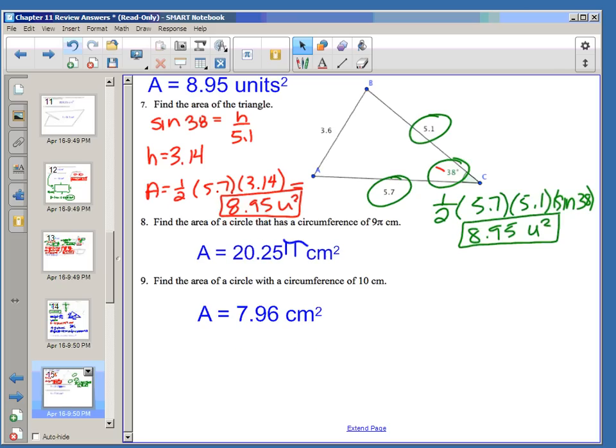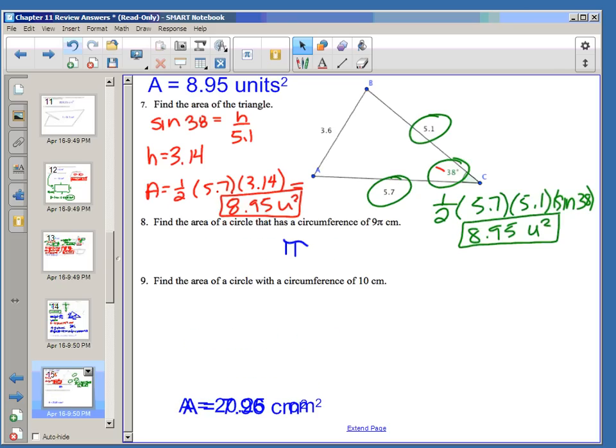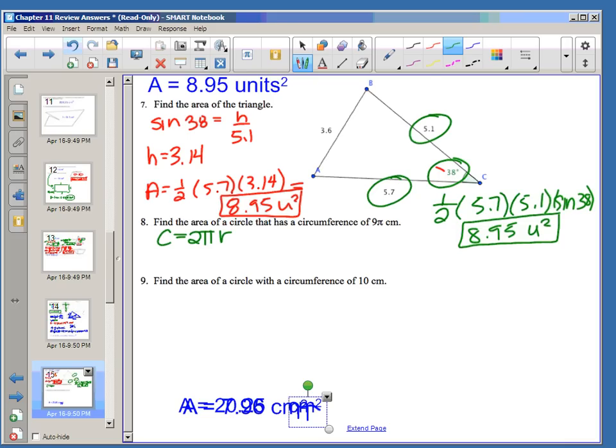All right, so now we're getting to some circles. I'm going to move these answers down because we can look those up. So number 8 and 9 were the ones I had a couple questions on in class. And again, I always go back to the formula. So it says we have a circumference of 9 pi. So I'm going to start with, circumference is 2 pi r. In this case, I know my circumference is 9 pi. So I'm going to fill that in. Now I need to solve for r, so I divide by 2 pi. So the pi's cancel out, so in the end, I'm really just doing 9 divided by 2, so my radius